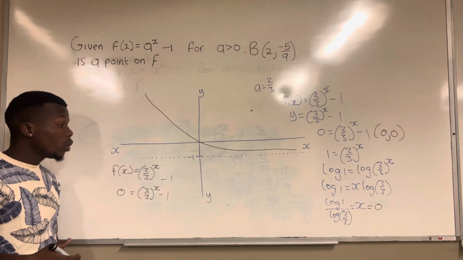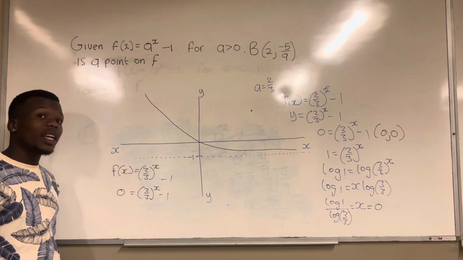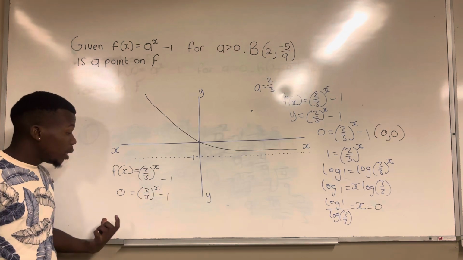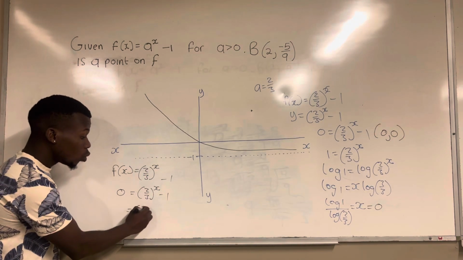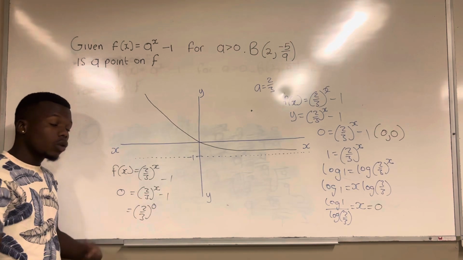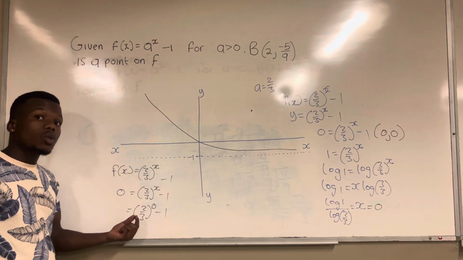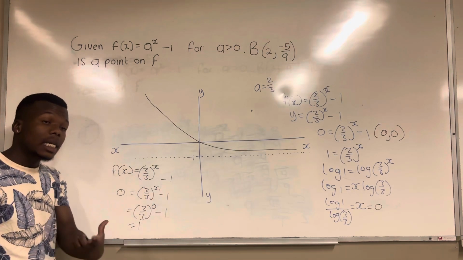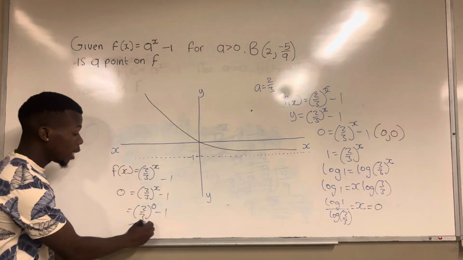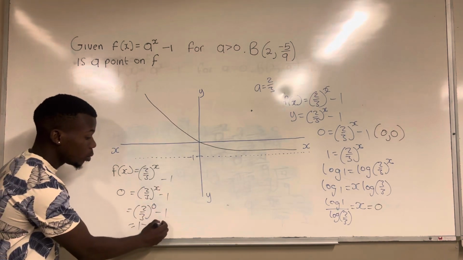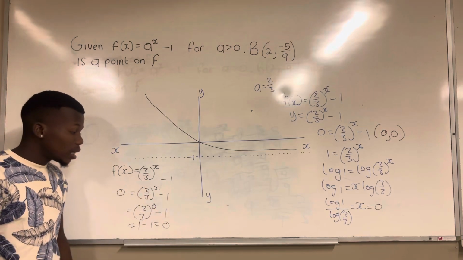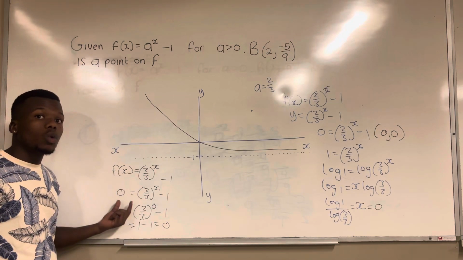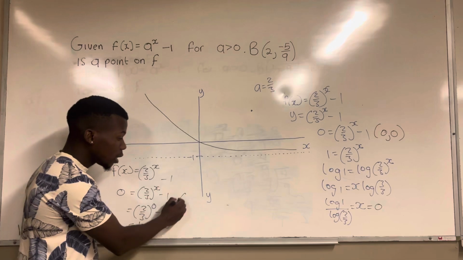Remember, from primary school, we know that any number to the power of 0 is equal to 1. Meaning, my friend, if I ask what is (2/3) to the power of 0, it will always be equal to 1, because any number to the power of 0 is equal to 1. Minus 1, this is going to be 0. It means my x value in this function, whereby y is equal to 0, will be 0. Hence, I have